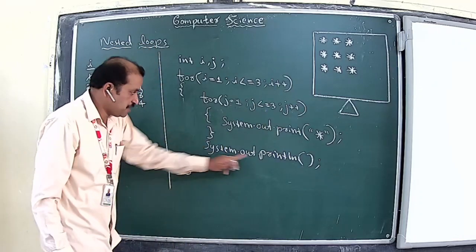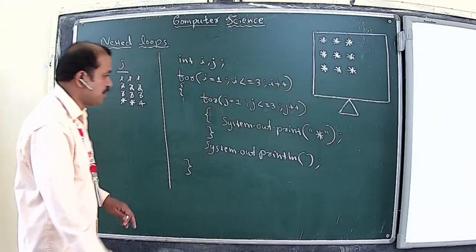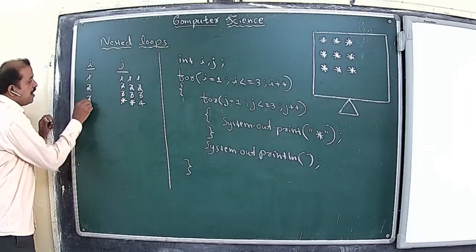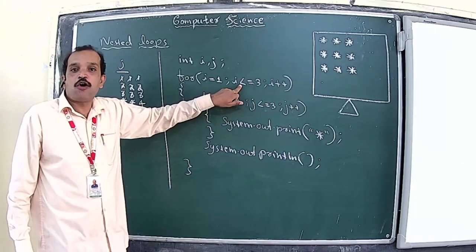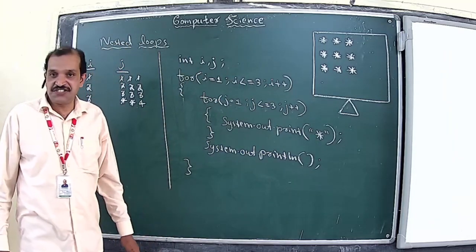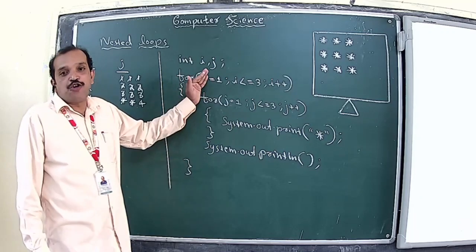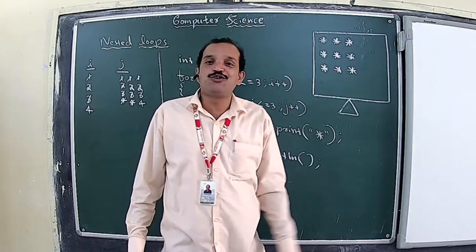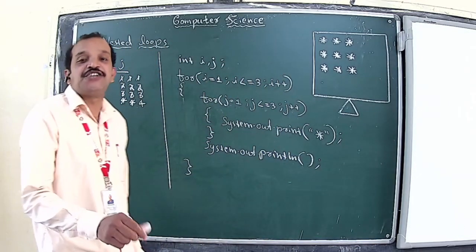And once the inner loop terminates, definitely this statement will be executed once again, and the cursor will move to the next line. After which the update expression of the outer loop will take place, and when the value of i becomes 4, this test expression of the outer loop becomes false, and even the outer loop terminates. Therefore, on executing a nested loop, the outer loop as well as the inner loop terminate, and this is the final output that we get once this nested loop is executed.